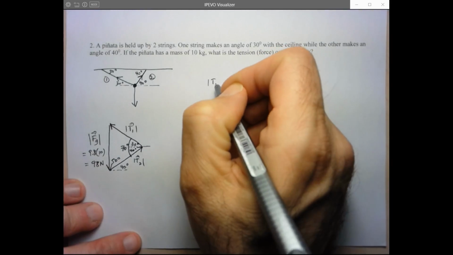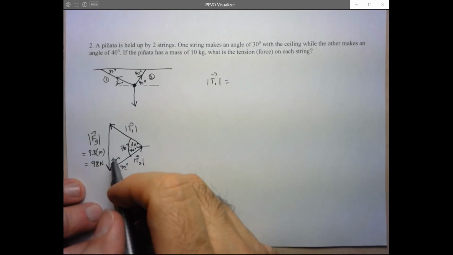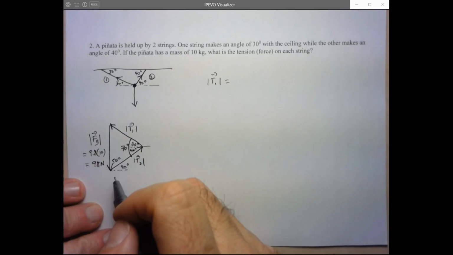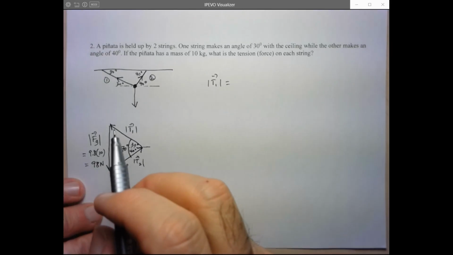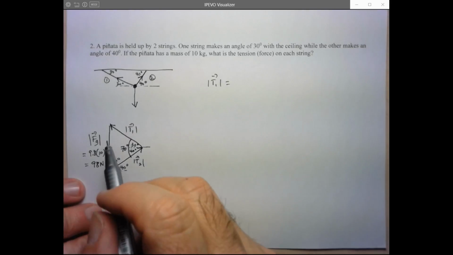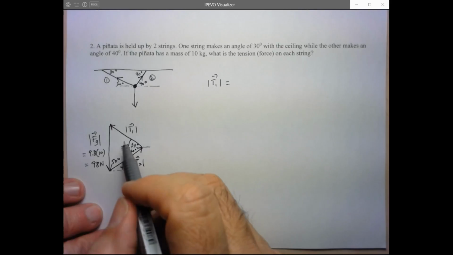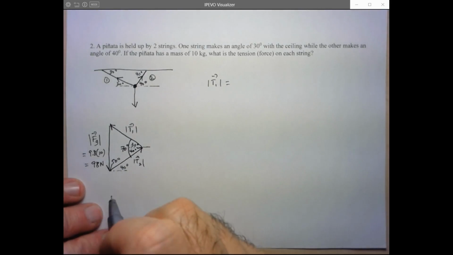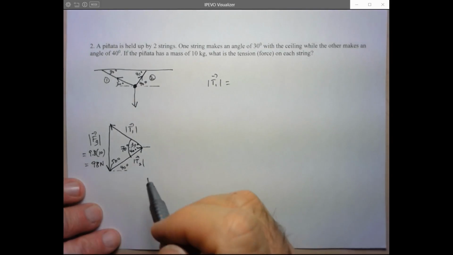Okay, so magnitude of T1 is equal to, well, let's see. Well, can we use cosine law, or do we even have to worry this time? Now remember, you only have an issue with the ambiguous case of the sine law when you're working with one angle and two sides. As soon as you know two angles in a triangle, you actually know all three, meaning that there can't be any ambiguity because the shape of the triangle is set. So here, I'm definitely going to use the sine law